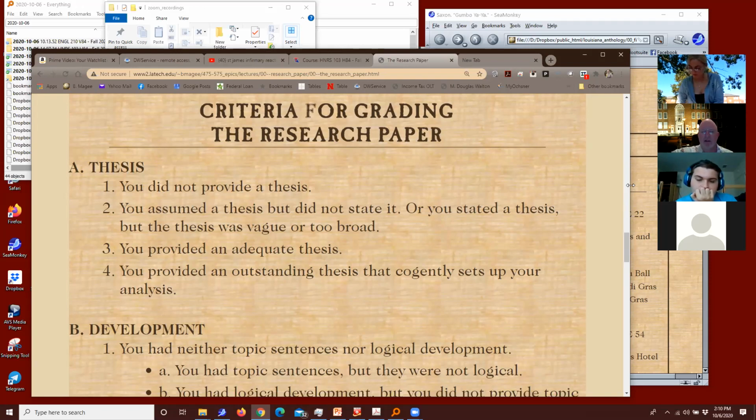Although you can compare Egyptian pyramids to New World pyramids if you want to, something like that. But it needs to at least be based in the ancient world that we're studying. It can be a literature research paper where you're making an argument about literature. But since this is an interdisciplinary course, I allow you to do any topic from the era. A lot of my students will end up doing a research paper on something in their field, like in their